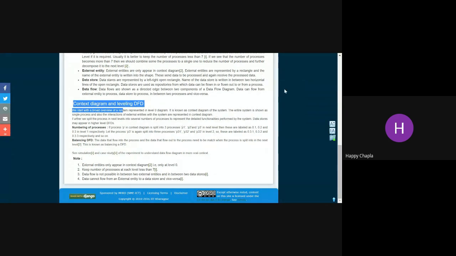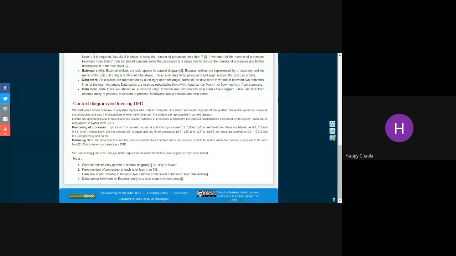Then we have to draw the DFD level 1 diagram, which will provide you P1, P2, and P3 in the next level, DFD 1. Now suppose your P1 is further divided into another portion. That means you have to go towards DFD level 2, where process P1 is further divided into P12, P13, P14, whatever you are trying to give. Okay, and now balancing of DFD will come.